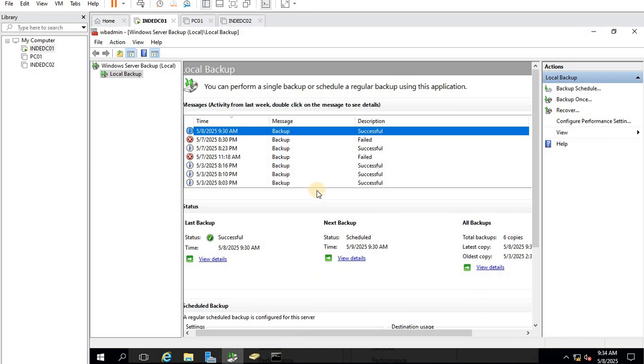If you configure two types of different backup at the same time, for example, I have configured this Windows Server backup through this tool, and I configure the system state backup by using any other way, or I run system state backup at the same time, when this backup is running, this backup will get failed.